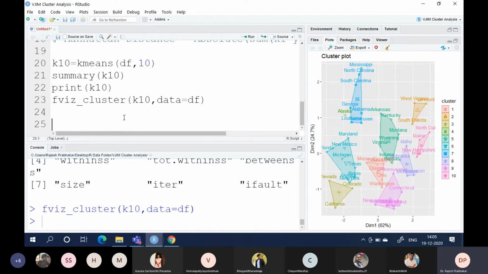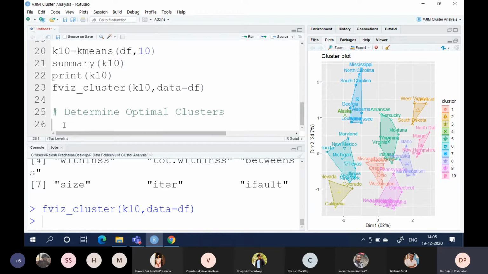So to find out the appropriate or exact number of clusters, we have different methods. So let us see how to determine optimal clusters. Say we have randomly selected 10 and then we have built the clustering algorithm.